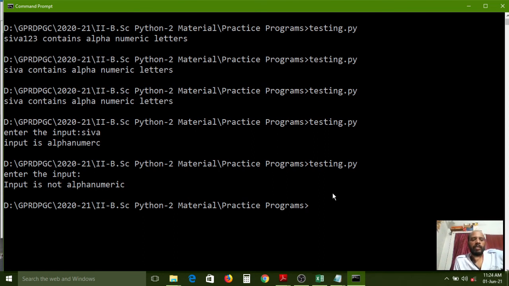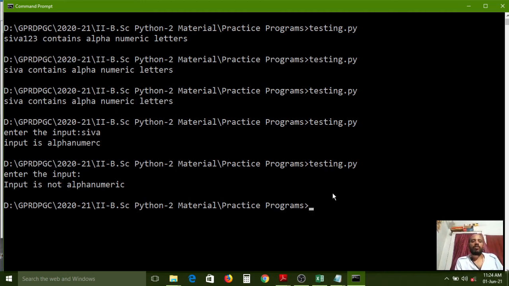Actually, the definition is what? If the string contains alphabets or numbers, even one letter, then it is called alphanumeric. Because whatever alphabets we entered as a string, whatever alphabets we have assigned in string format, internally it can convert to numbers, ASCII numbers.